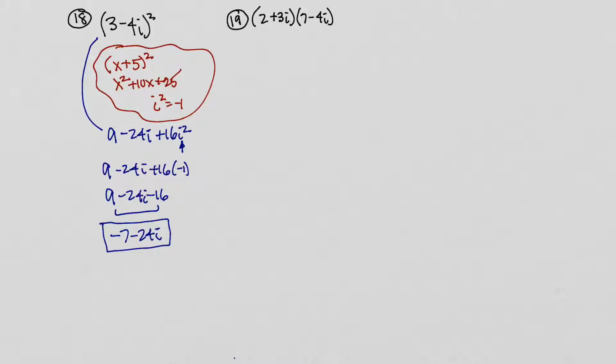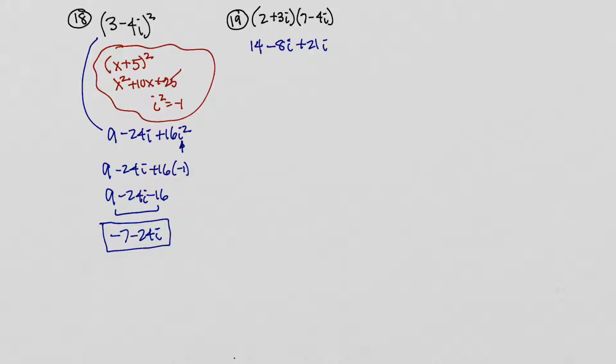Now let's just multiply this number by this number, just as if they were two algebraic expressions, binomials. So we'll multiply everything in one by everything in the other. So how about first times first? That'll give us 14. And then the outer product, 2 times -4i, will give us minus 8i. Now we've run the 2 through, so go over to the 3. So 3i times 7. Positive 3i times positive 7 is plus 21i. And then the last,